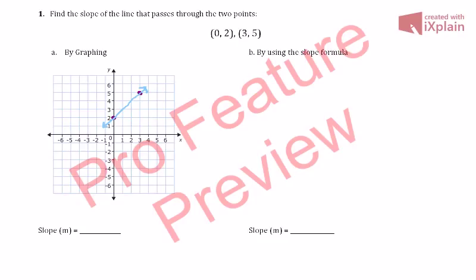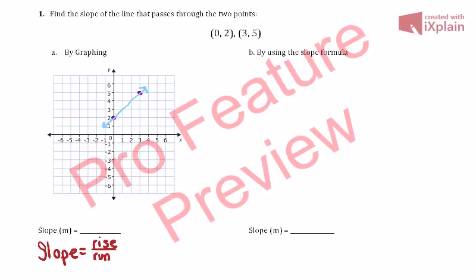All right. Now when using a graph, we can find slope using our rise over run. Now the rise means how much it goes up and down, and the run means how much it goes left and right, from the first point to the second point. So taking a look at our points,